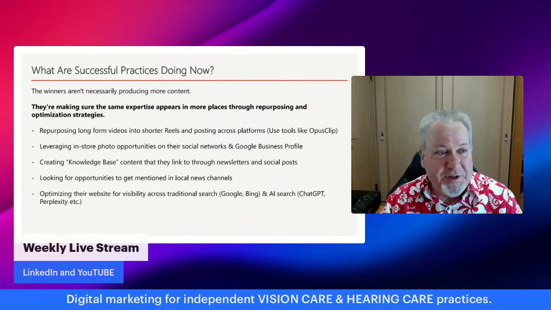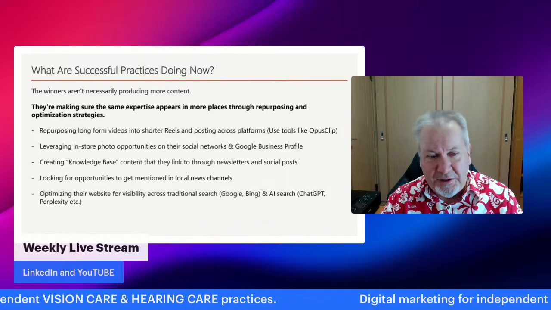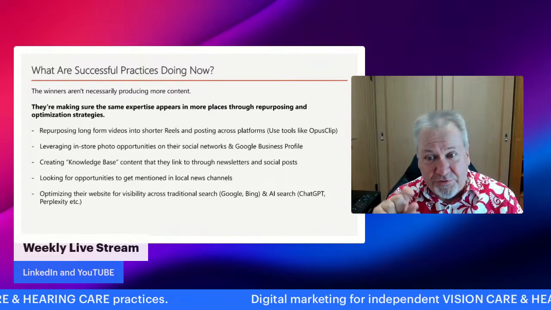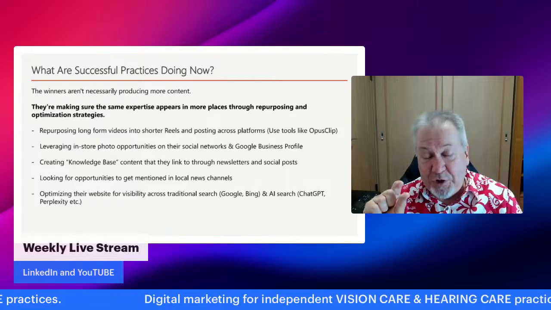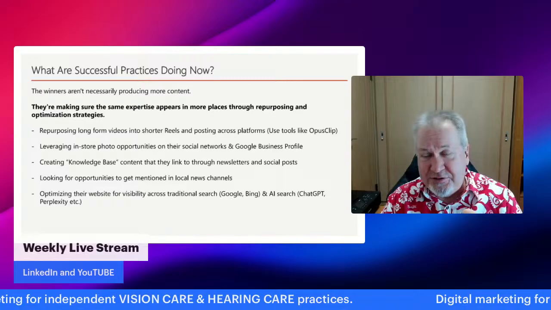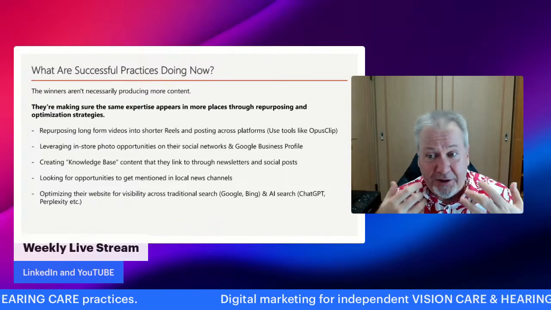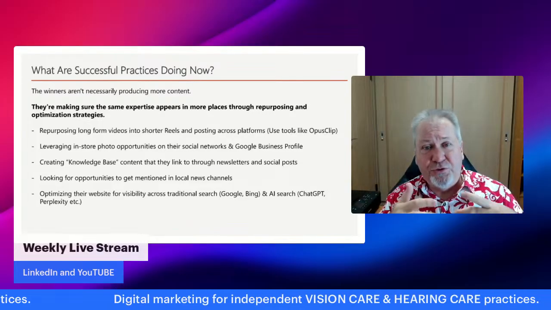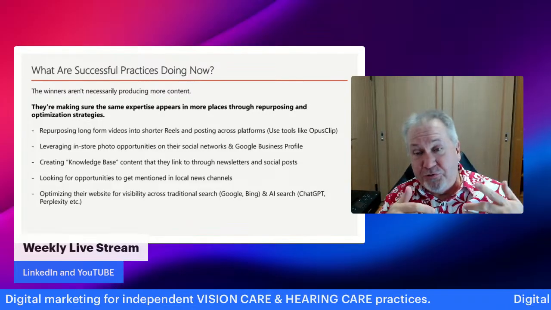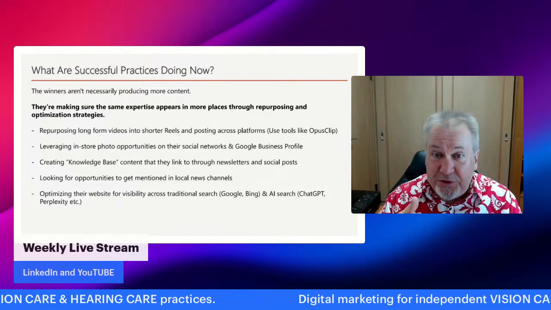It could be something, for example, like one of our clients is one of very few optometrists who is getting early access to some new types of myopia control lenses, right? And I think that's a newsworthy story that you could write a synopsis of and send it to your local community magazine.